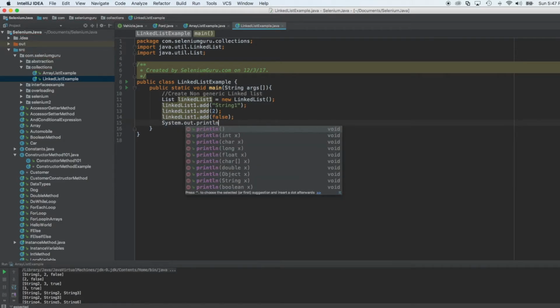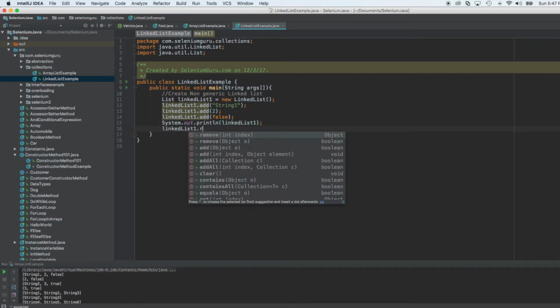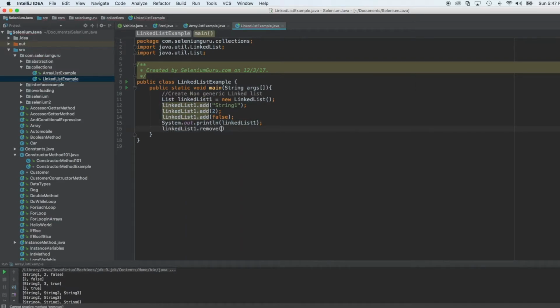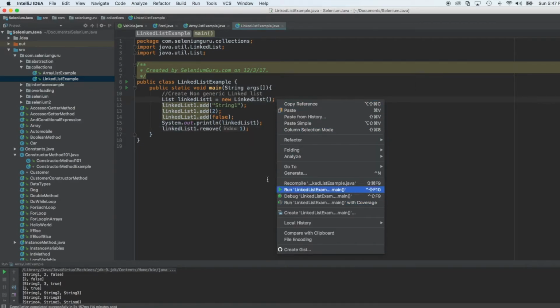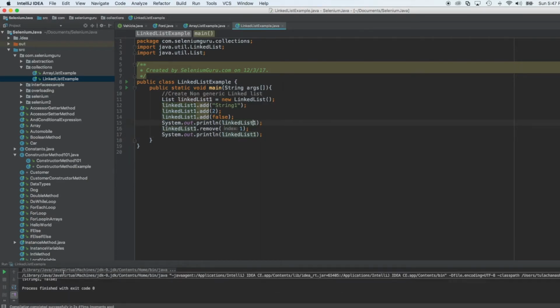System.out.println. Just print out the linked list. And also I can remove, right, I can remove, let's say, index 1. Now if I run this, oops, let's also print out the linked list, and I should see